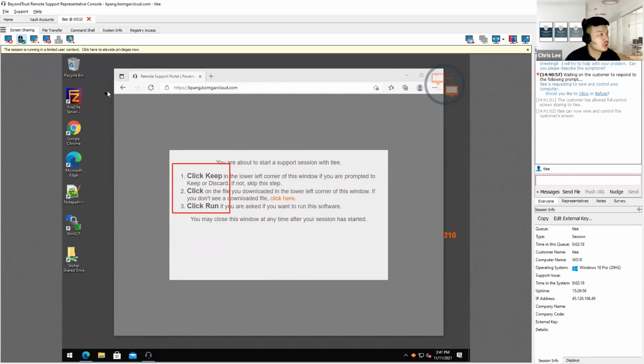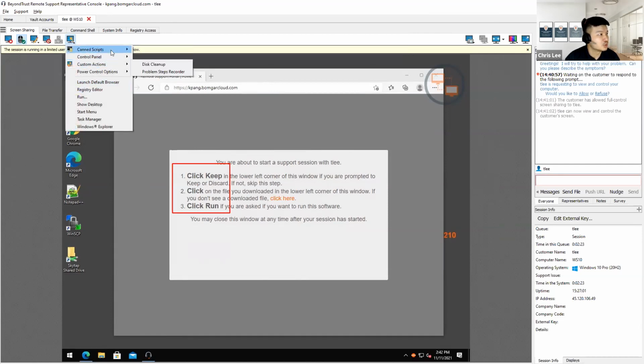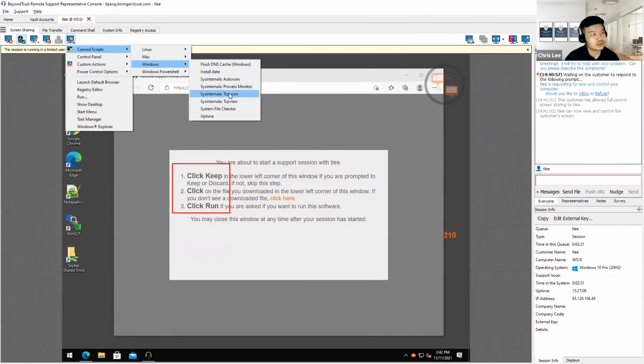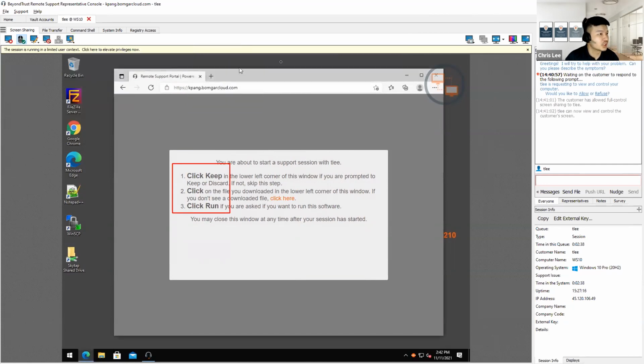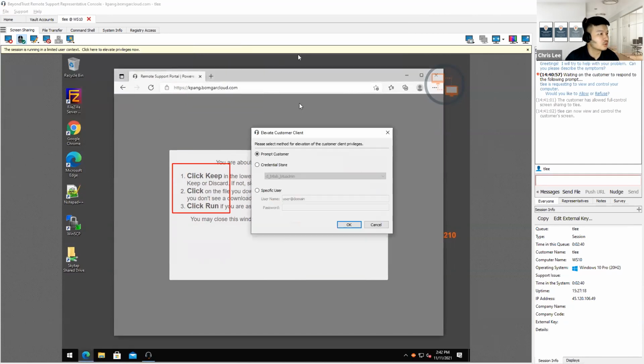So I can also talk about how we do troubleshooting by pushing a script or pushing instructions to different machines depending on the requirements. I can also push down, for example, connection troubleshooting tools in order to solve a problem. So for now, as you can see here, I can also elevate the entire session by using a privileged credential that is stored in the solution.